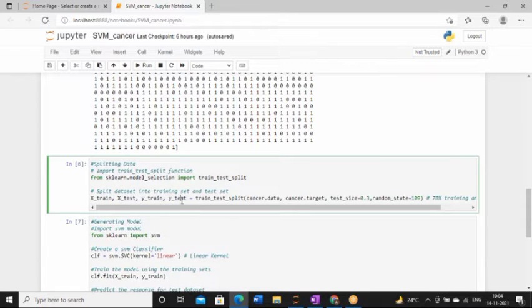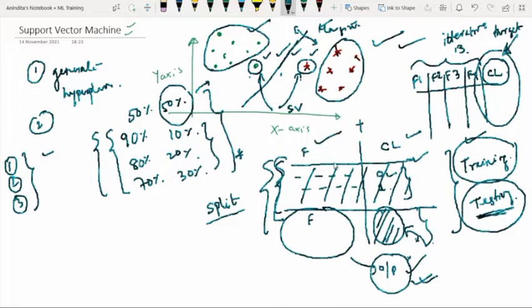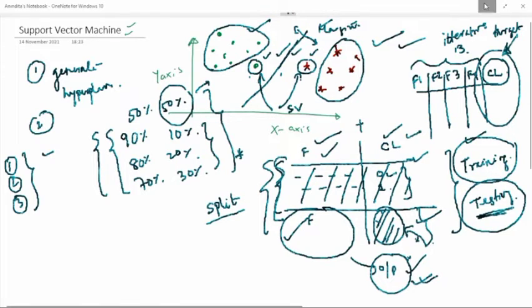I will explain it again. We need 4 variables because we have 4 sections: training features and training class labels, testing features and testing class labels.